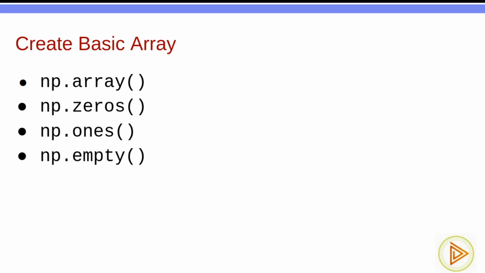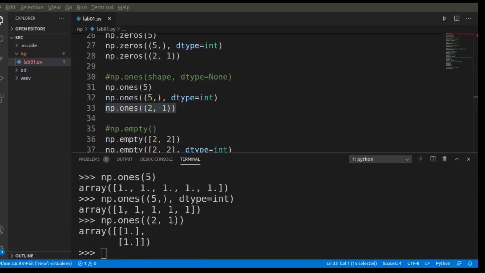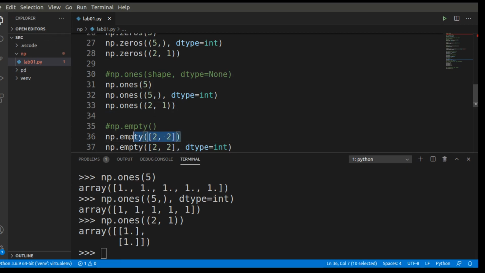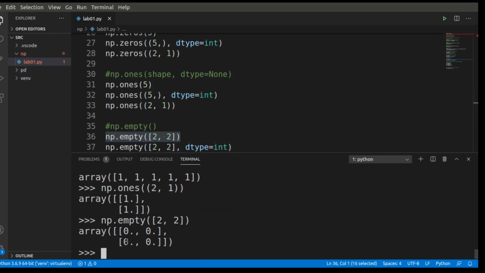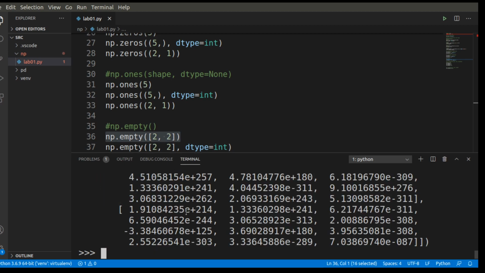Next one is np.empty. So empty is always helpful, especially in machine learning. It's like a placeholder. If you don't know what values you want to put, or later you want to use them, np.empty is best. Let me show you that by going to the studio. For example, I want to create a 2 by 2 matrix. Let me give you (2, 2). You can see it is arbitrary values. It is not fixed values. Every time you generate, it will generate some arbitrary values.